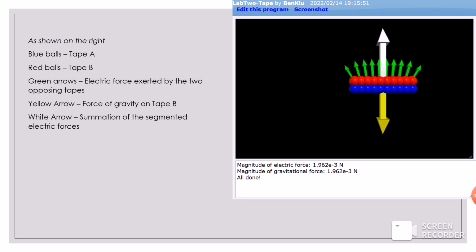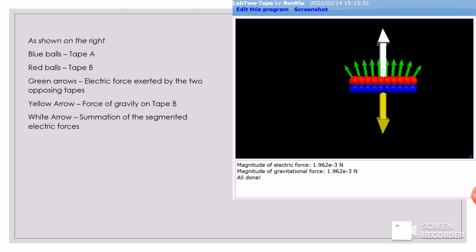Here's the Glowscript model that was produced by the code I wrote. Tape A and B are shown as segmented line charges on the right, with tape A being represented by an array of blue balls and B by the array of red balls. The balls themselves are represented by the segments of the integration. The yellow arrow pointing downwards is indicative of the gravitational force acting on tape B while it remains suspended in